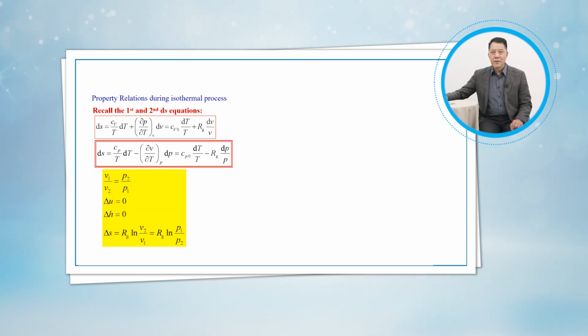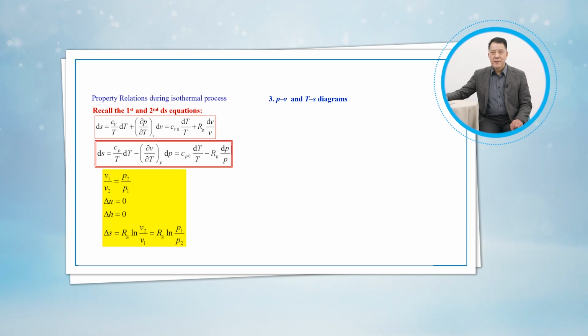Also, we have expressions for changes of internal energy and enthalpy, which are 0 for ideal gas proceeding an isothermal process. The relations during isothermal process are summarized as: